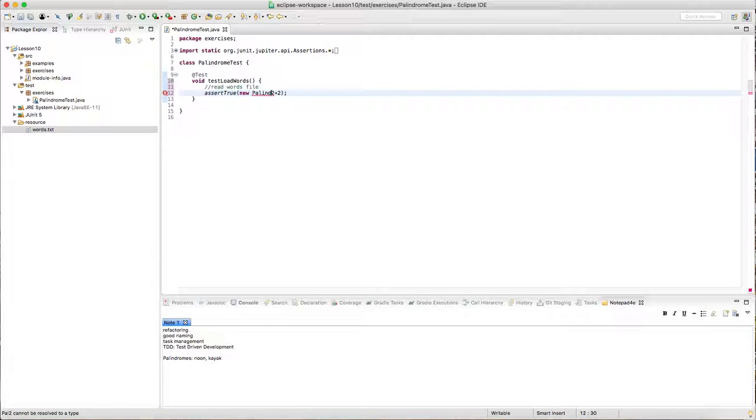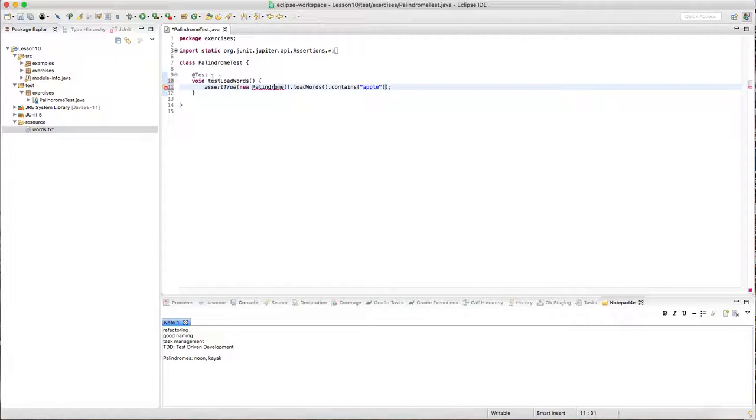to make. Palindrome, load messages, not messages, load words. Yeah, and then see if it contains, let's see, a common word contains, yeah, that's the thing that we did for array lists. Apple should be a word that should be in there. Okay, so I've already written my test. It's red and it's certainly not going to pass, but this is a very clear description of what I'm expecting